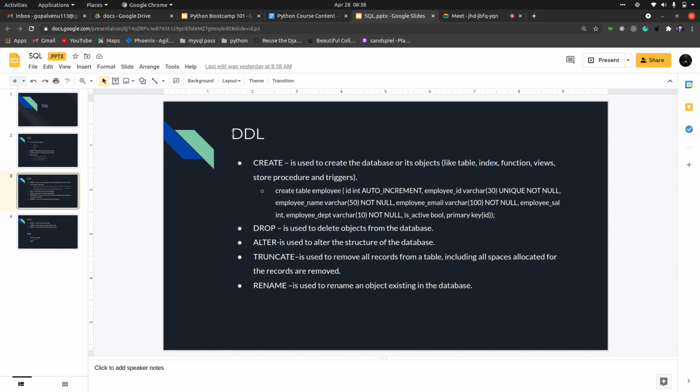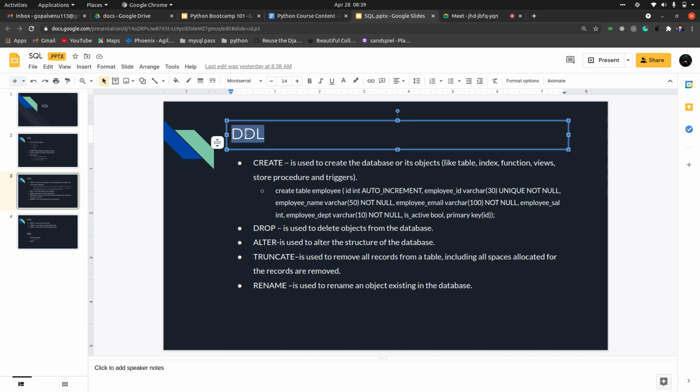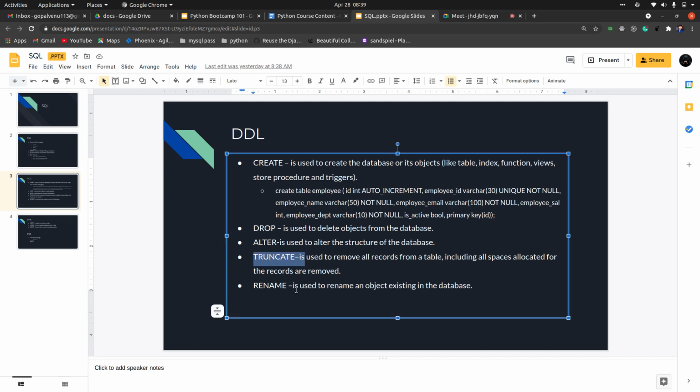These are data definition language. Basically DDL always deals with objects, be it tables or databases. So these commands are just for the structuring of the database and the tables, except that truncate is used to remove the records. You can say truncate is also working on an object, because it resets the whole object. Even though you have added more data, it will reset the whole table to the starting point of its origin. It will just delete everything, right?